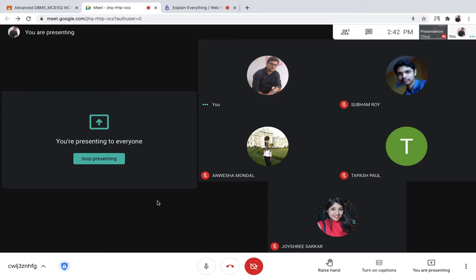Means you can access the data very easily, right? The main goal of designing the database is, number one, quicker access of the data,